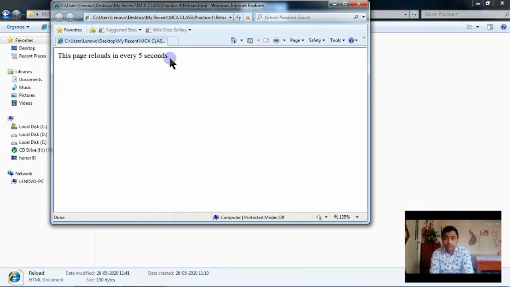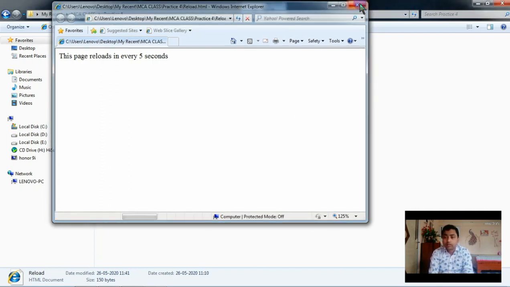This page reloads every 5 seconds. Here you will see this. In 5 seconds it is reloading. Here you can see. So this is one implementation of the meta tag, where the page is reloading automatically without clicking on anything. Okay. Remember the quick info for the user, which will be updated with the current score on the site. Okay, the codes are very easy.